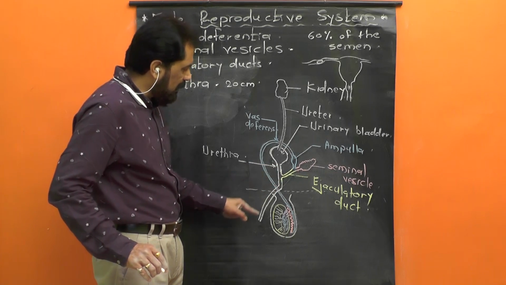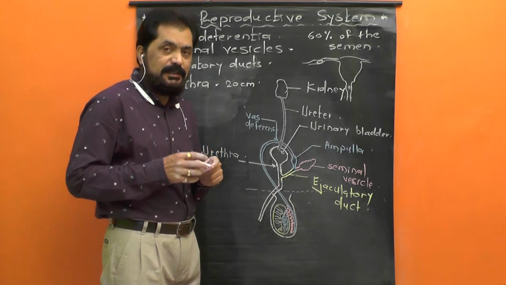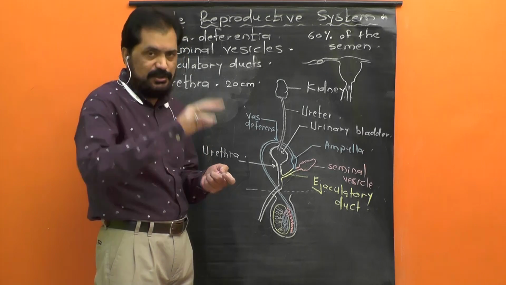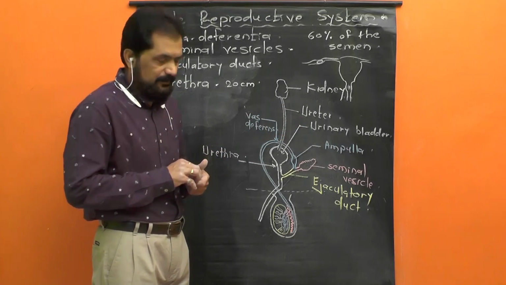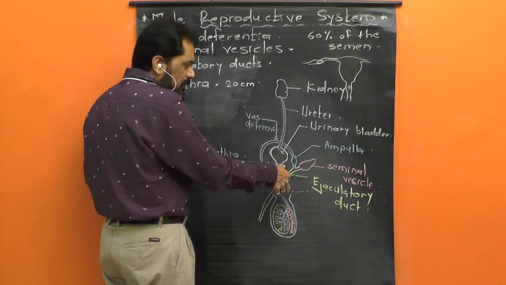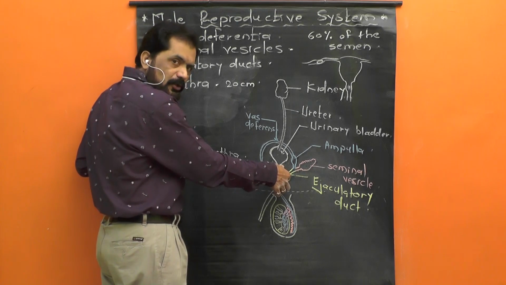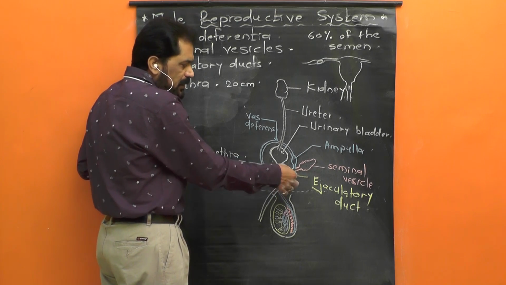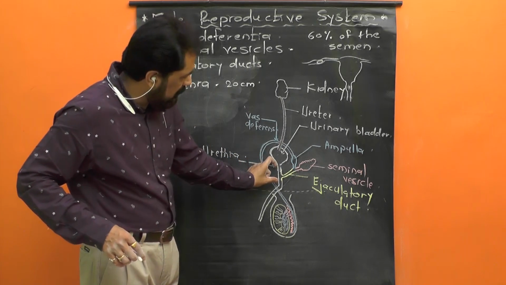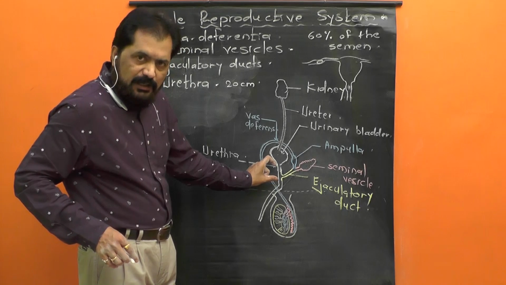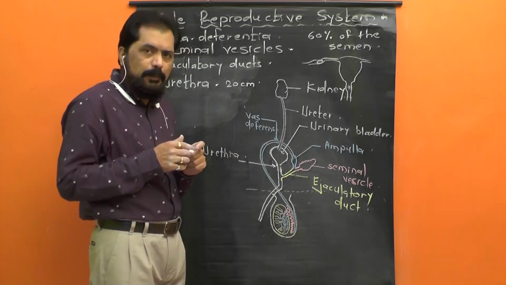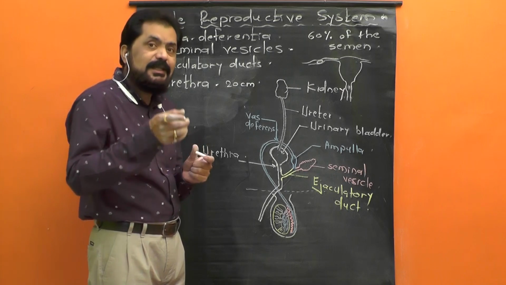Now this urethra, which is about 20 centimeter in length in male, is further divided into three regions. तिचे तीन भाग पाडले जातात. The initial part of the urethra, into which ejaculatory ducts open. हा जो युरेथ्राचा सुरुवातीचा भाग आहे की ज्या भागामध्ये दोन्ही बाजूने ejaculatory ducts open होतात, and it is, we can say, surrounded by